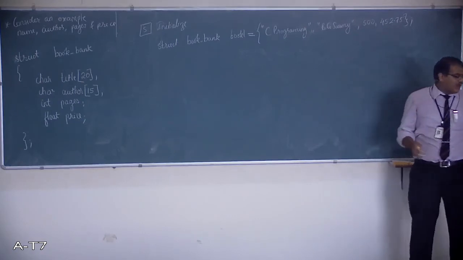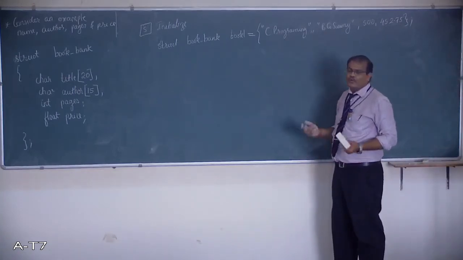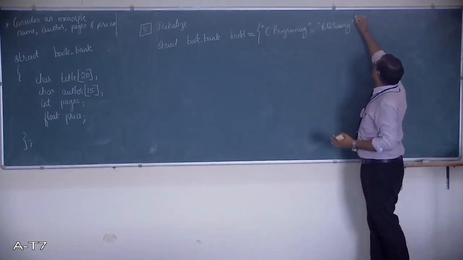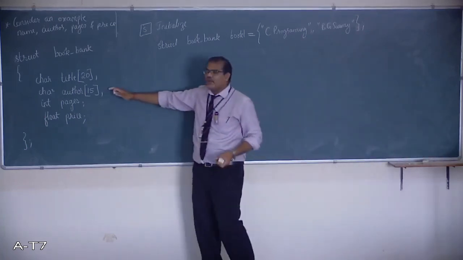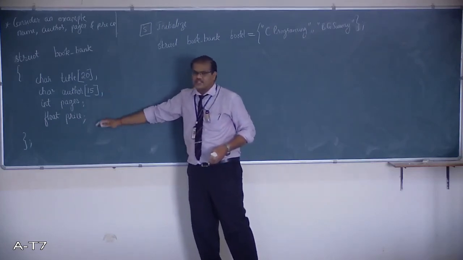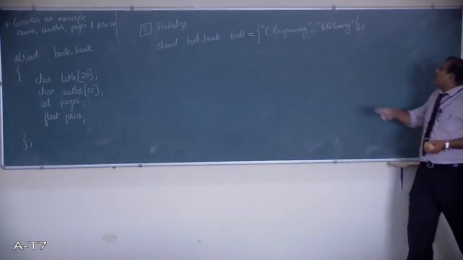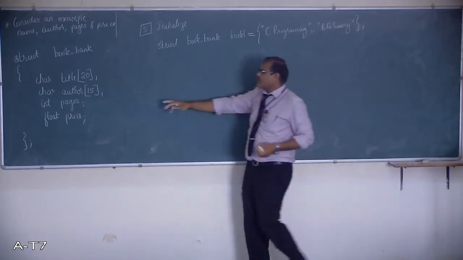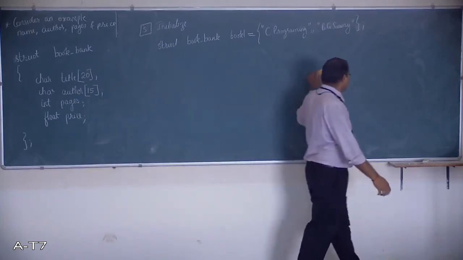Now we may also have a method where I assign only the first few members and ignore the other members. This is very much possible. In the previous example I had assigned a value for a member in the middle and kept the rest. But here I have only the first two members assigned. The rest, pages and price, I am going to neglect or ignore. So I can use it in this method.